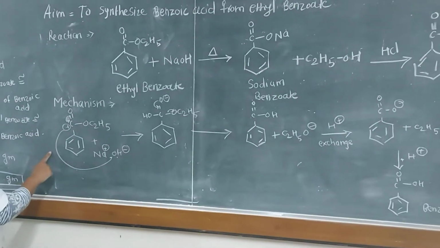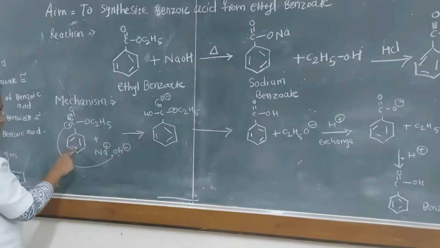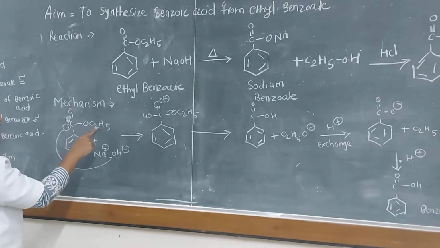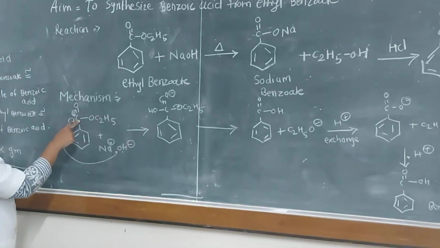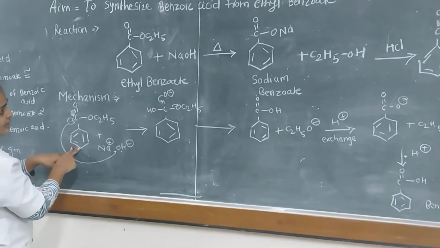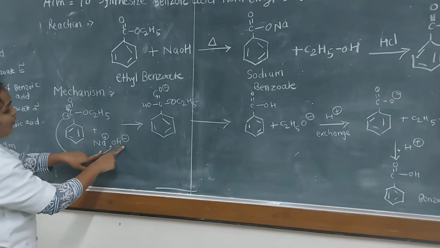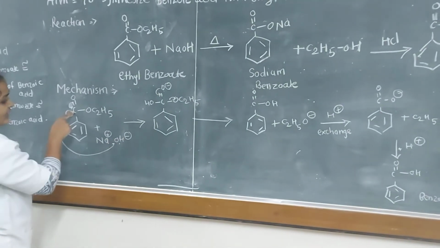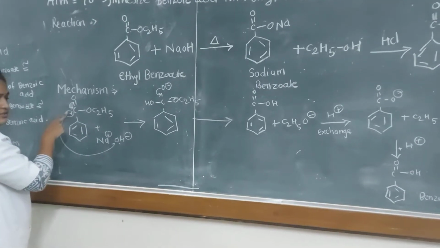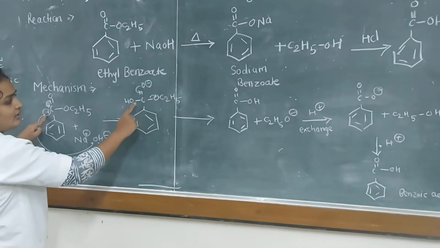In that mechanism, this is the structure of ethyl benzoate: benzene ring, C double bond O C2H5. Here the carbocation, C plus ion, is present. This ethyl benzoate reacts with NaOH, Na plus and OH minus ion. Positive and negative attract, so this OH minus ion attacks the carbocation, which means the formation of benzene ring,